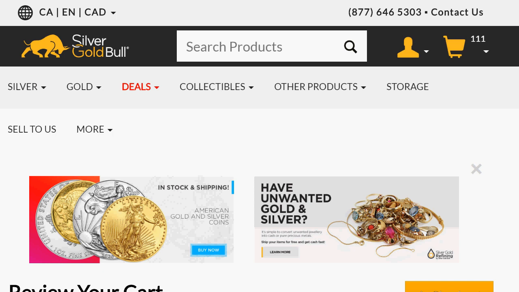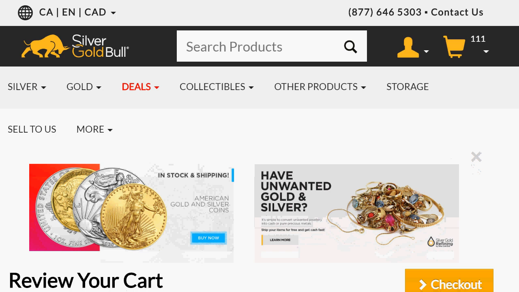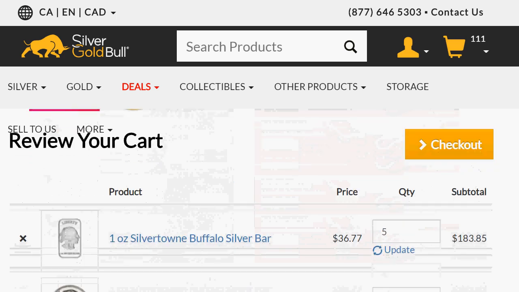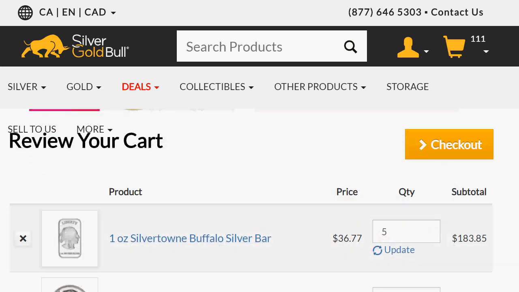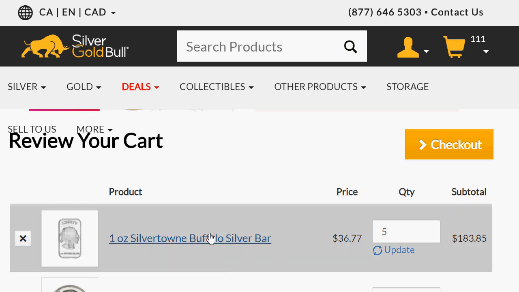And yeah, I want to get in the 1 ounce variety. So of course, your own risk, your own reward for buying. I've had nothing but great situations from them anyways. Pretty much all of it is 1 ounce coins. I'm not buying anything lower or higher, with the exception of the one below this, and that's it. 1 ounce Silver Town Buffalo silver bar, 5 of them, and that's it on the bar side. I'm pretty much going on the 1 ounce coin.